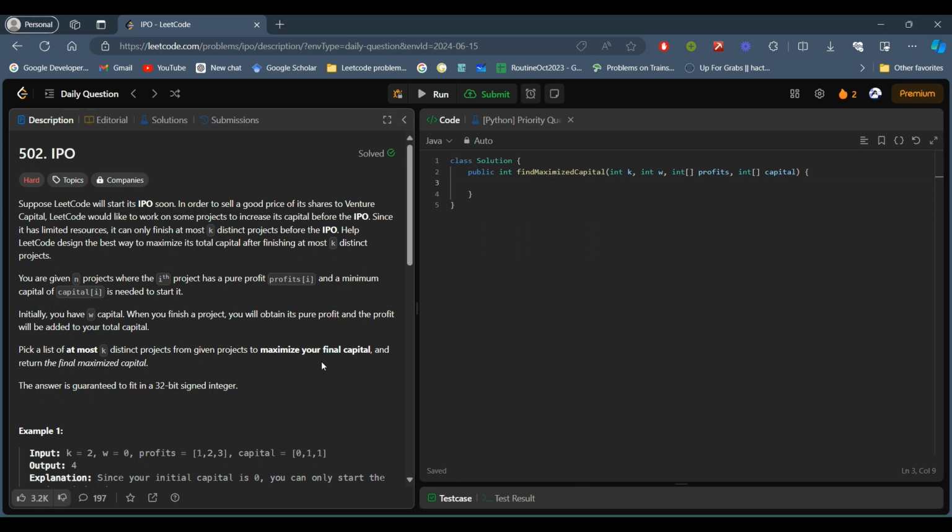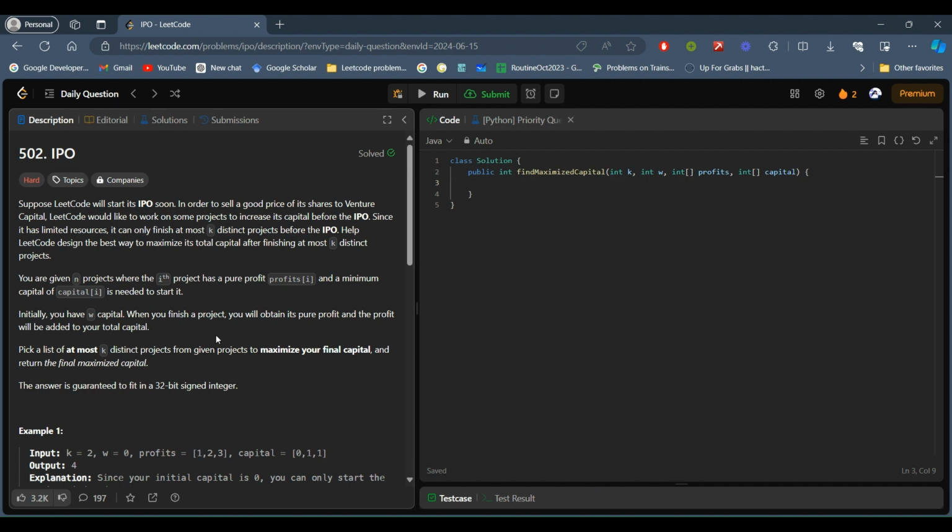Hello guys, so today we are going to see the LeetCode POTD, and the problem is IPO. The problem statement is we are supposed to get the final maximum capital.